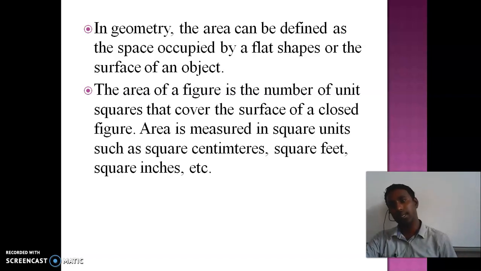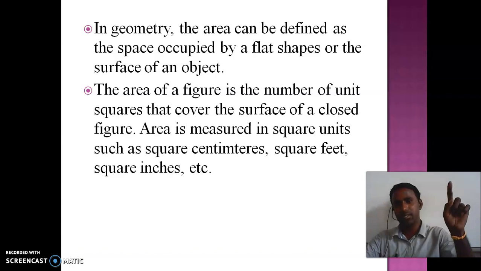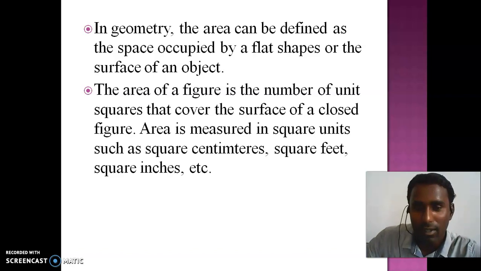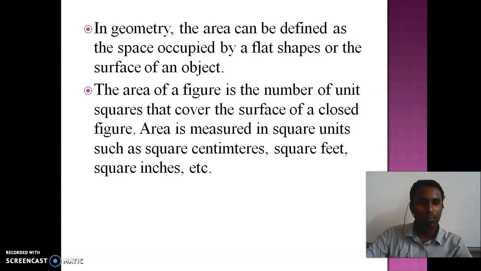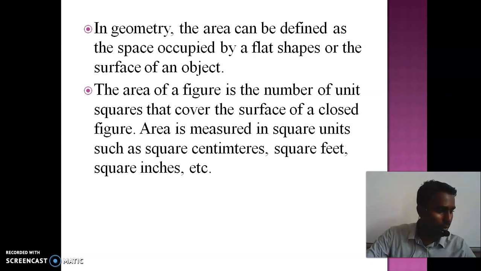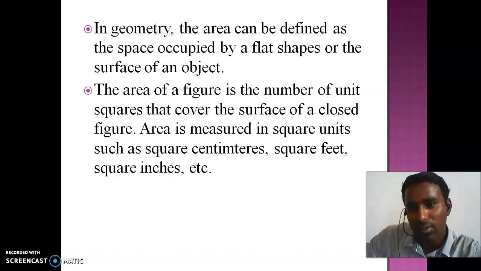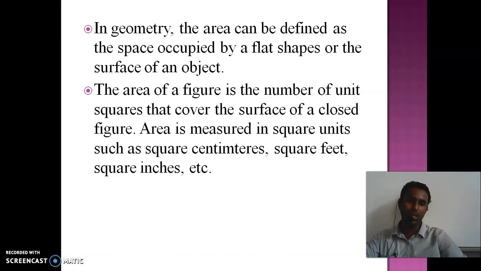Suppose you are plotting a 5 centimeter square on the graph. Take a scale, take any one point as a reference. From that, mark 5 centimeters here, 5 centimeters here, and 5 centimeters here. Count the total number of small squares. How much will come? You have taken 5 centimeter by 5 centimeter sides and you are measuring the number of small squares. So how much will come? Any guess?